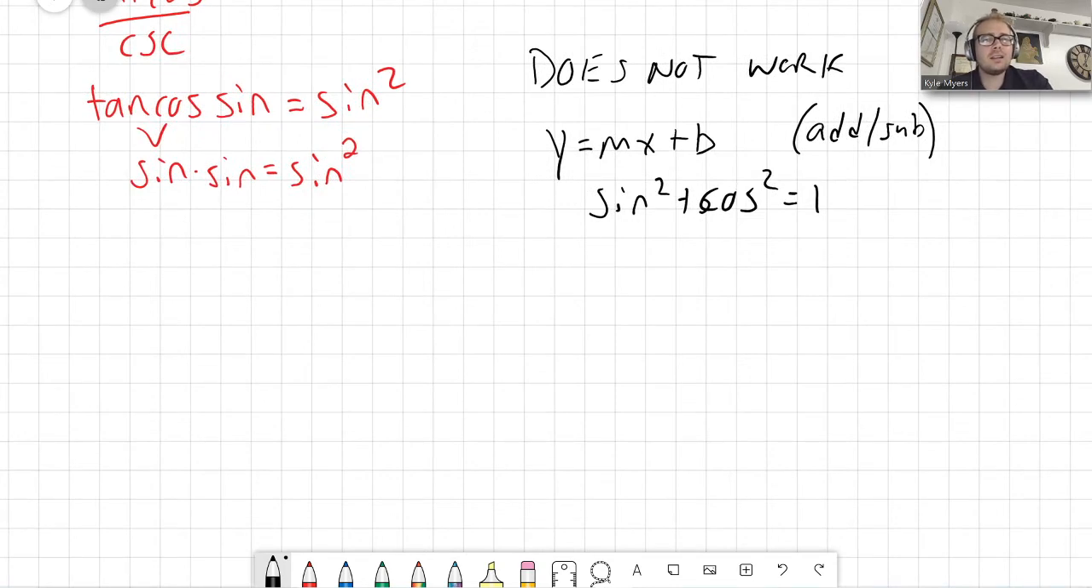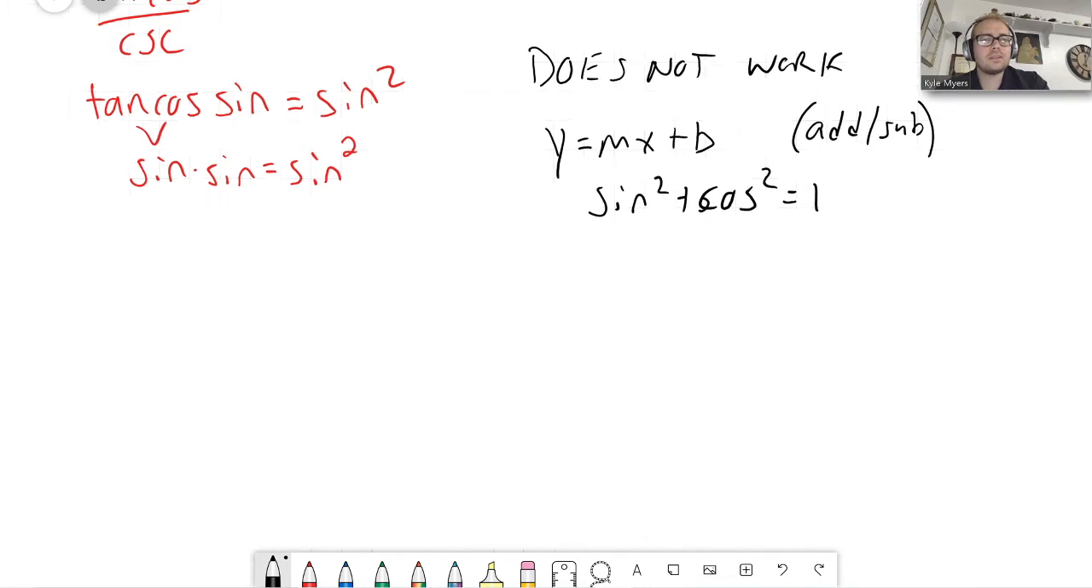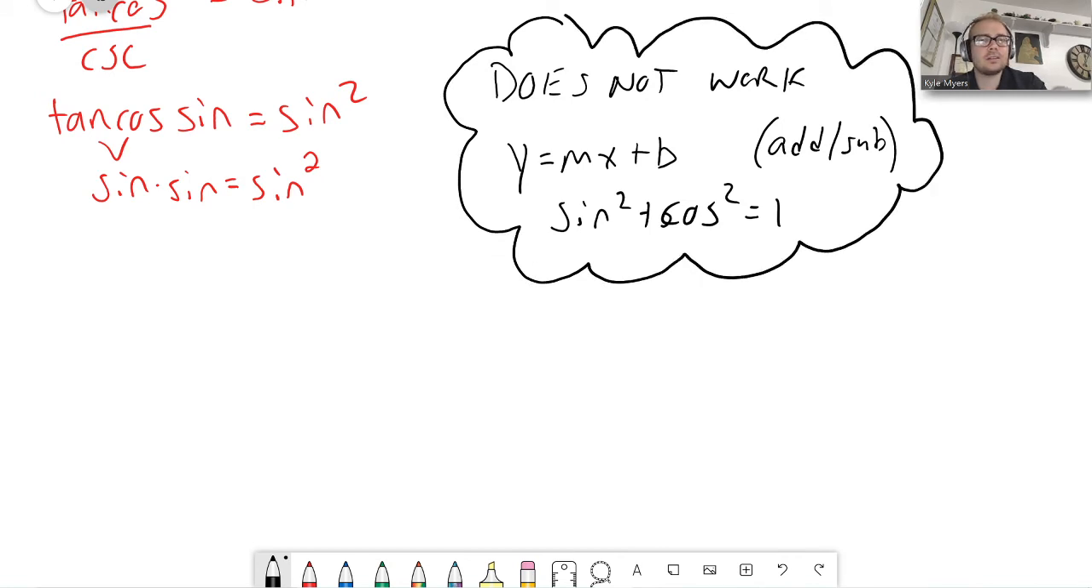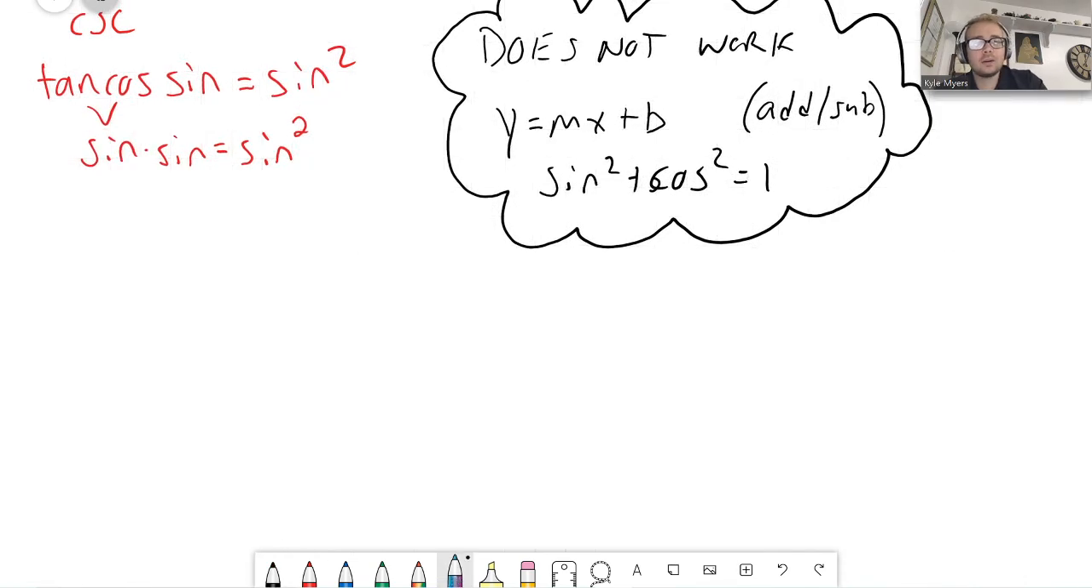So this does not work. This does not work. I can get the cloud to work here. Goodness gracious. Okay. Does not work. Now, it kind of works. Let me change to a fun color here. Kind of works